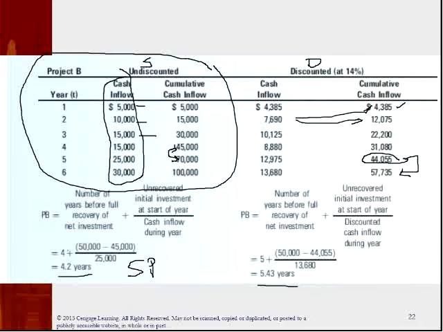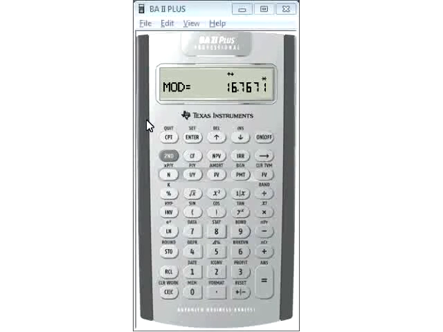You all want to know how to do these on a calculator? I'm sure you want to know. Okay, let me go there again. Okay, are you all ready? Okay, let me show you. Now remember, let me show you the second one. You can figure out the first one. This was the second one, right?